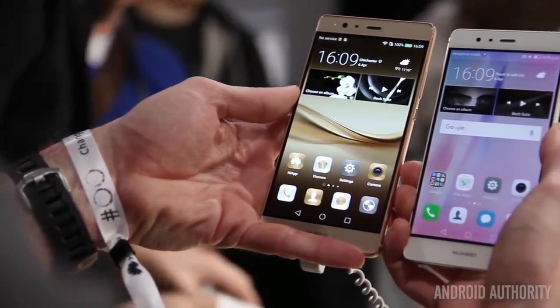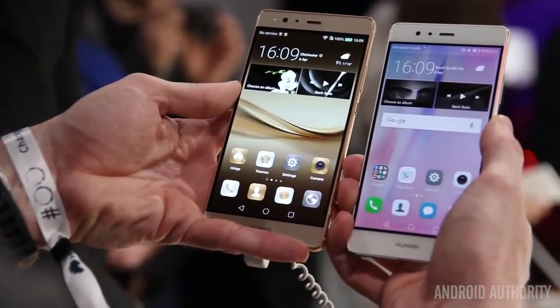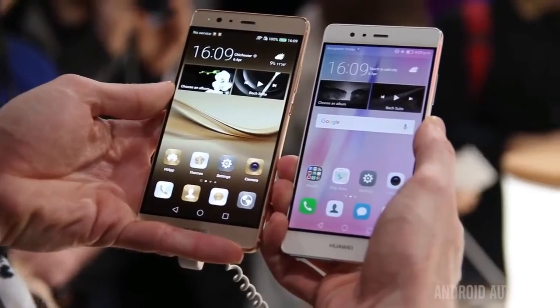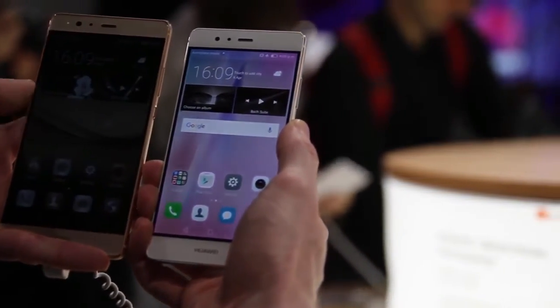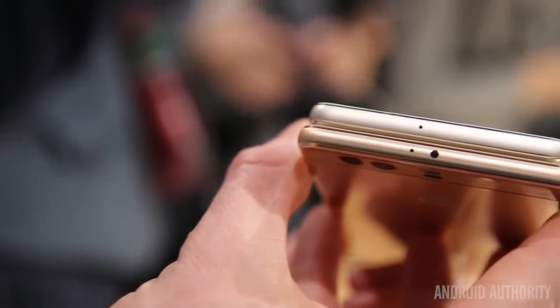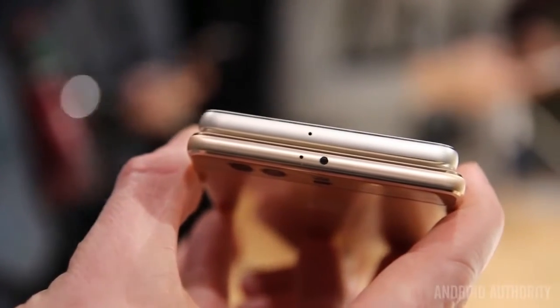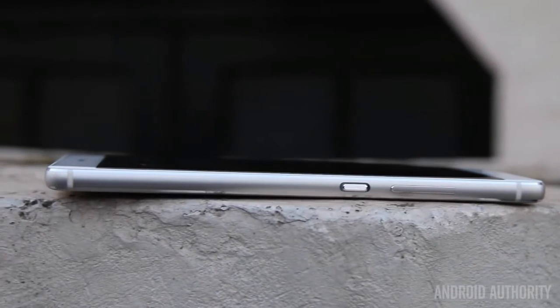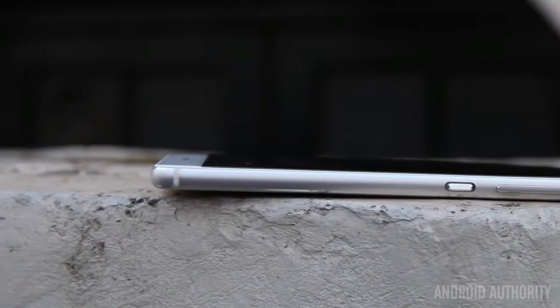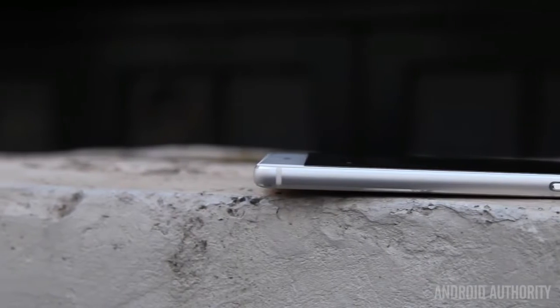Design-wise, the Huawei P9 is very similar to its predecessor, the P8. You've got the same chamfered edges, brushed metal, and overall design styling, with a few minor changes like a textured power button, the headphone port has moved to the bottom edge, and there's only a single speaker grill this time. The Huawei P9 is just 6.95mm thin though, which is a pretty impressive design feat, but we didn't necessarily come